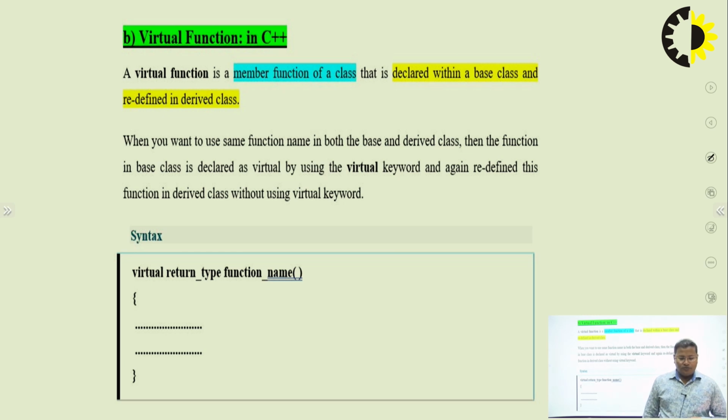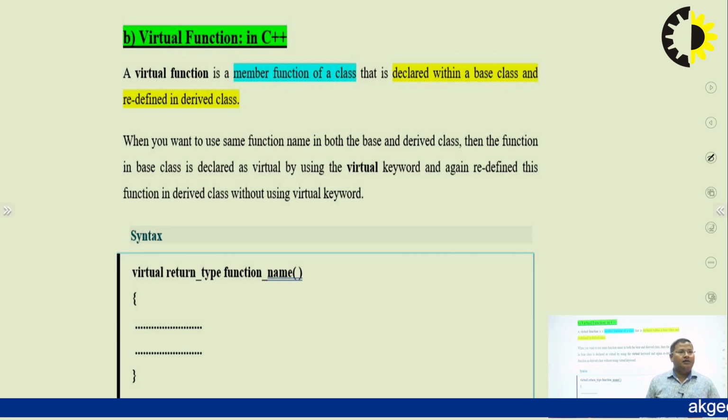Now virtual function in C++. A virtual function is a member function of a class that is declared within a base class and redefined in the derived class. Again here base class and derived class are used. When we want to use the same function name in both the base class and derived class, then the function in the base class is declared as virtual by using the virtual keyword,